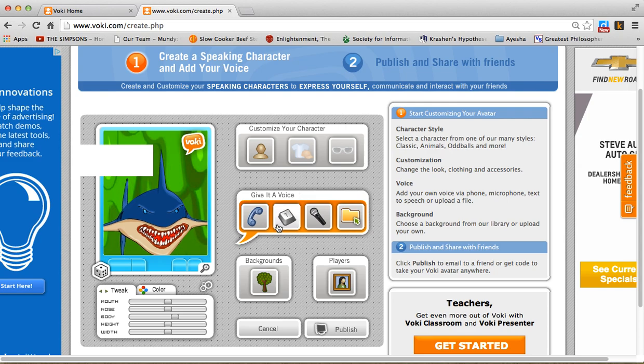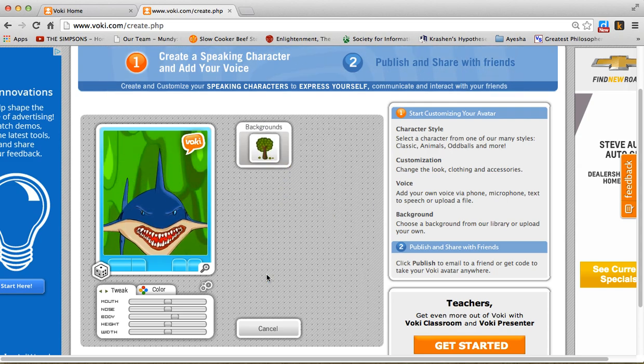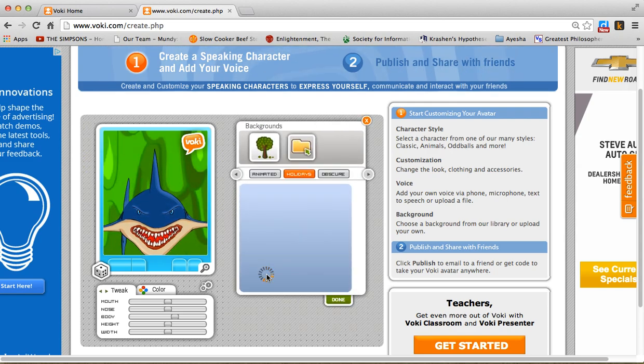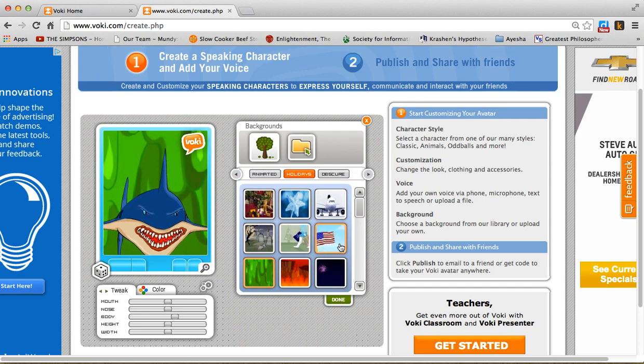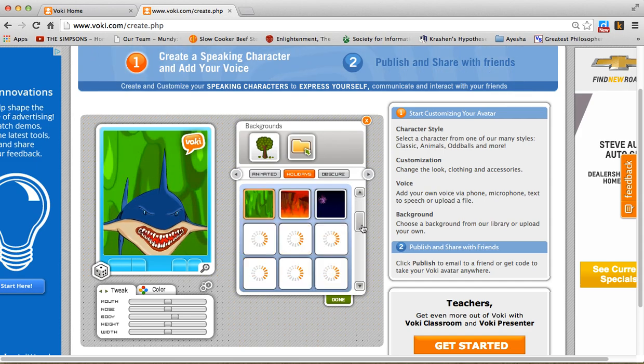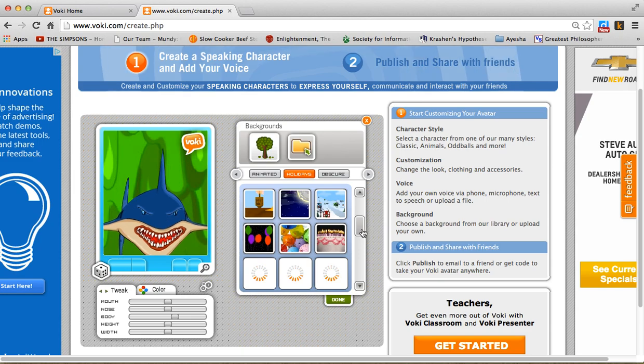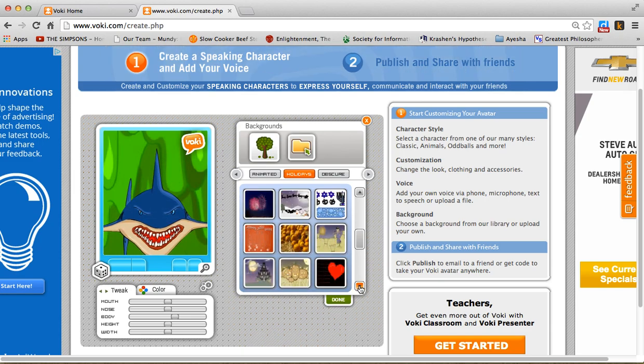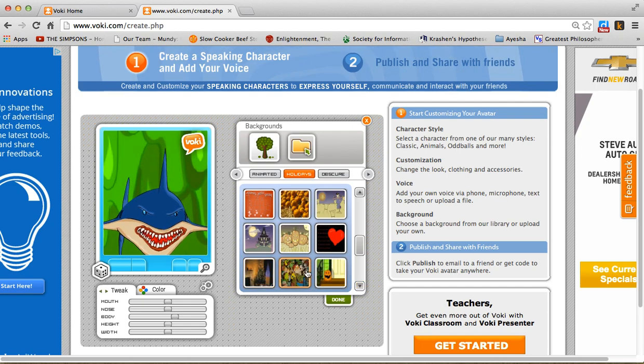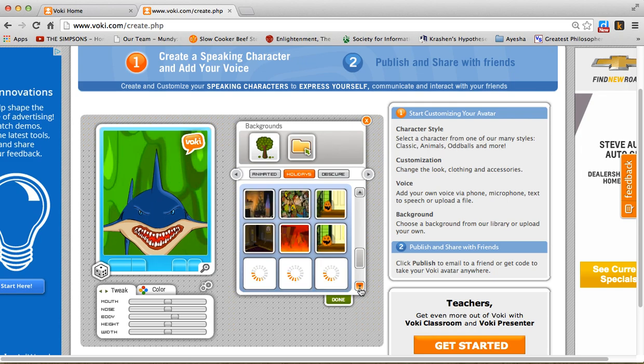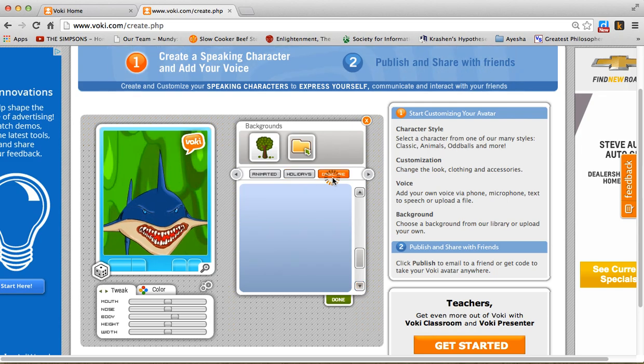And maybe then I want to go to backgrounds. Maybe I want to put my little guy here, my little shark, in water, because I'm not that imaginative. I see sharks as living in water. Or I could perhaps put him in a heart or a different scene. But these are holidays, so I'm going to go maybe to